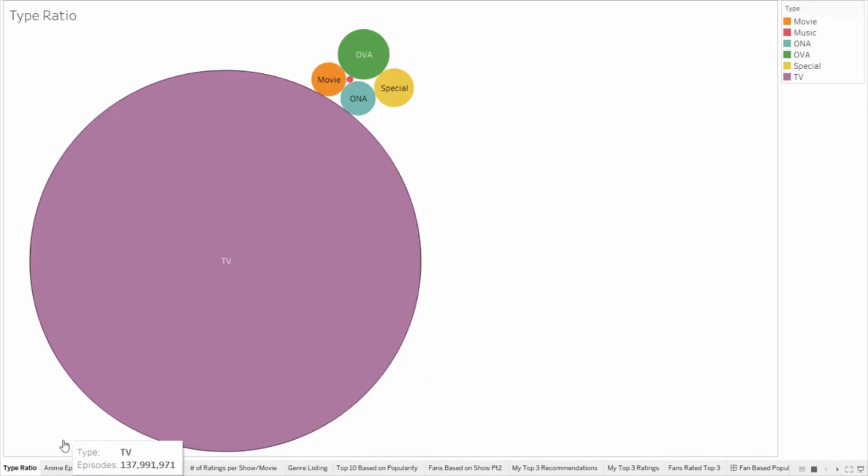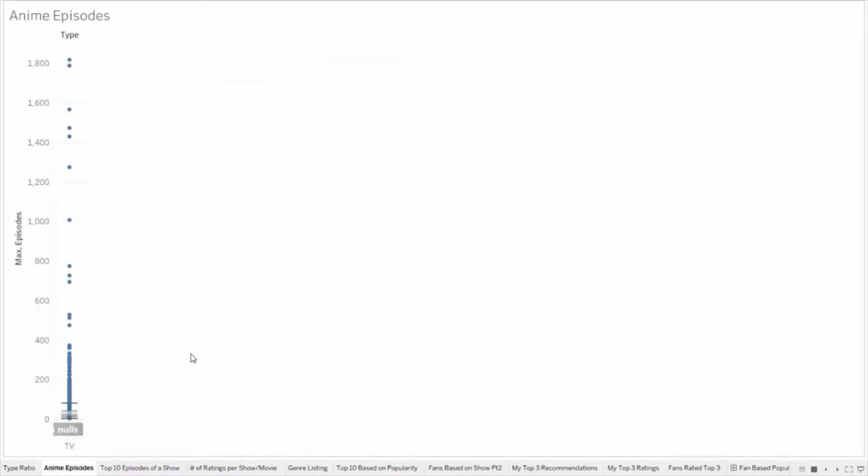And if we go into the next slide, I call this one anime episodes. So these are all of the shows that are listed in this data set. It ranges from 0 to 1800. And if we look at the top episode count, we see that Oyako Club has 18,018 episodes, which, don't be surprised, is a lot, and I don't think I have ranged that far to see that many episodes for one show.